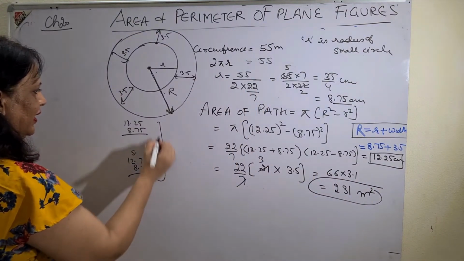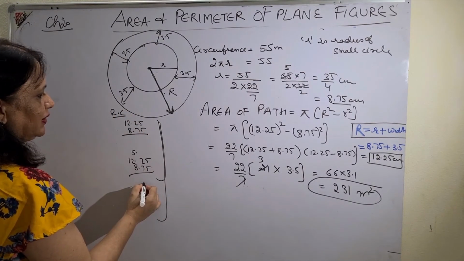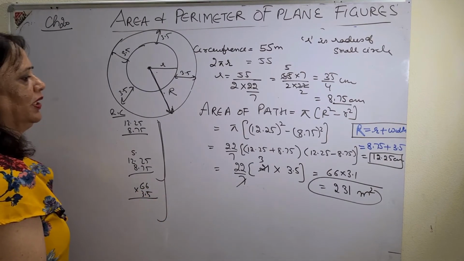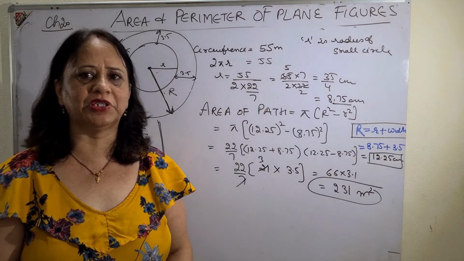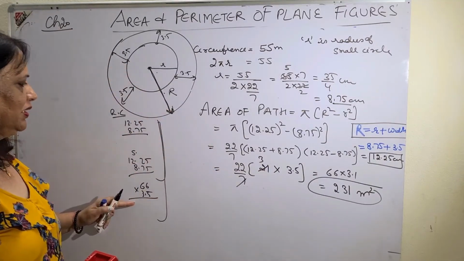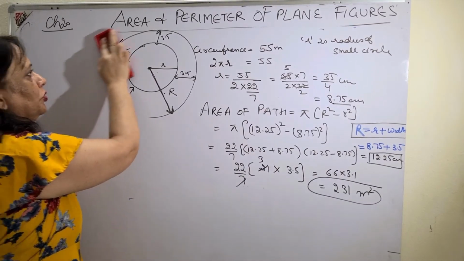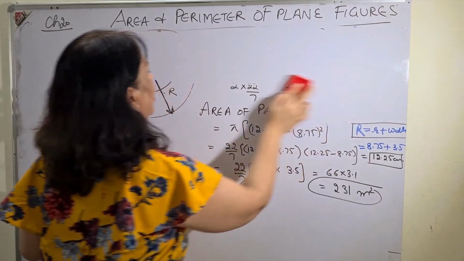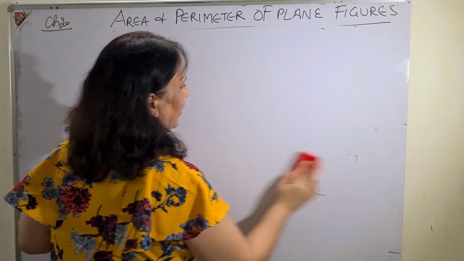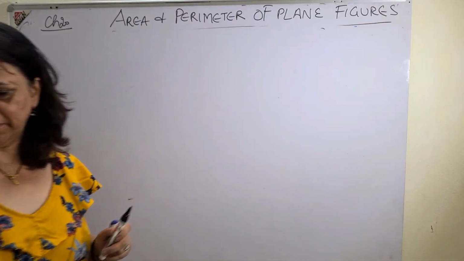Please check each and every calculation in the rough column again and again. This is the only place where you make mistakes, so be very careful about it. Since I want to explain more and more sums, I have done it directly. You will do the calculation at the side, then only you will go for the next question. Once you do the question fully at your house, you won't find any difficulty in the exam. Practice has to be done beforehand, otherwise you will make mistakes.